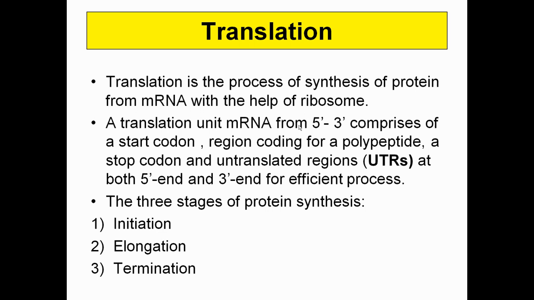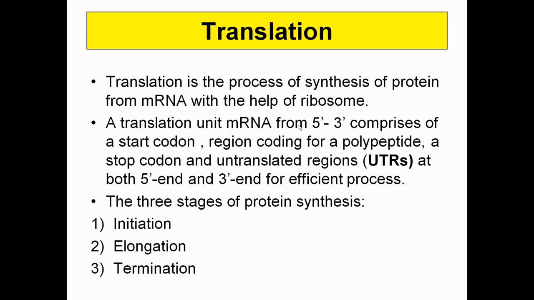And recall, when we have done the transcription process, 5 methyl guanosine triphosphate is added at the 5 prime end, and at the 3 prime end there will be 200 to 300 base pairs of A, that is referred to as the poly A tail. This is never encoded for any sort of protein.